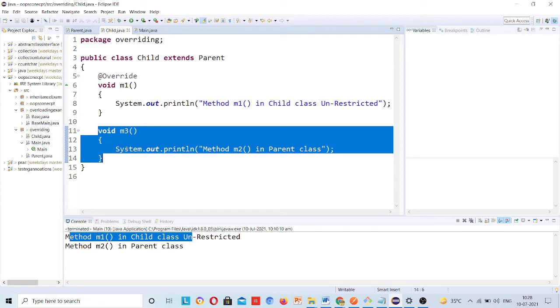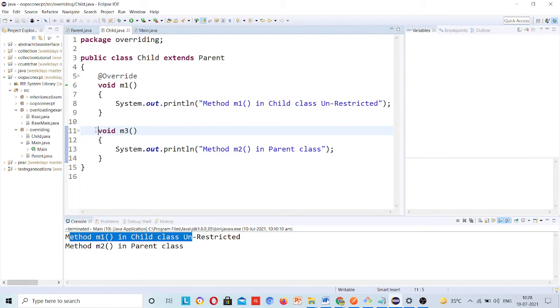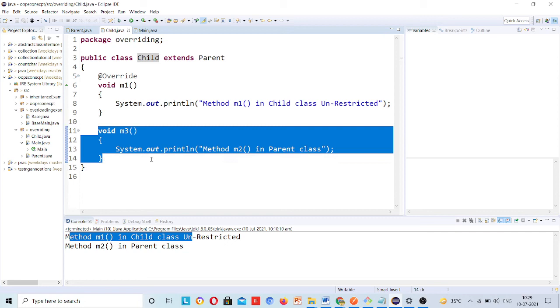This does not relate to anything in the parent. Inheritance means that it will extend all the properties of the parent class, but it does not mean that it will not be able to write its own properties. It is writing its own properties as well.